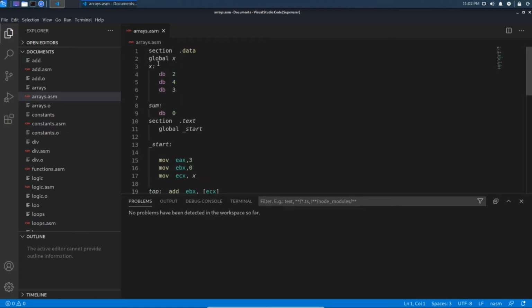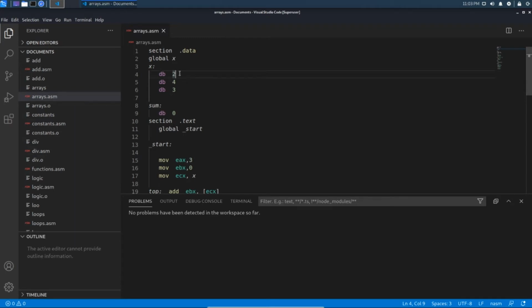See here, this is a program that will return the sum of the array. In the data section we declared global X, because we used procedures in this program to calculate the sum of the elements in the array. Here X is nothing but another array, consisting of the elements 2, 4, 3.